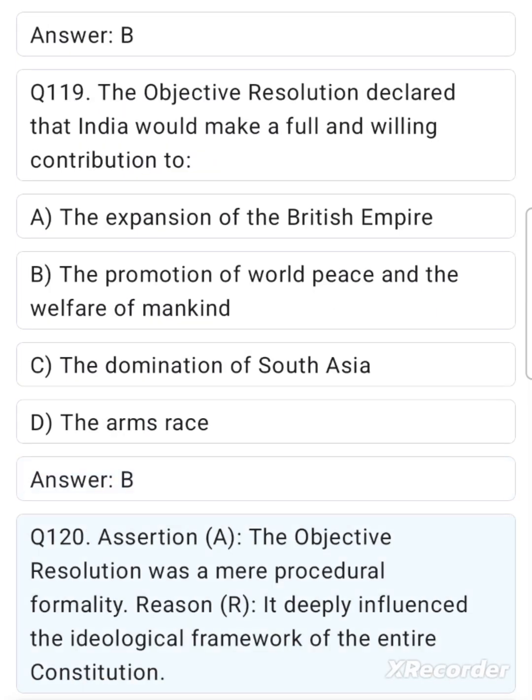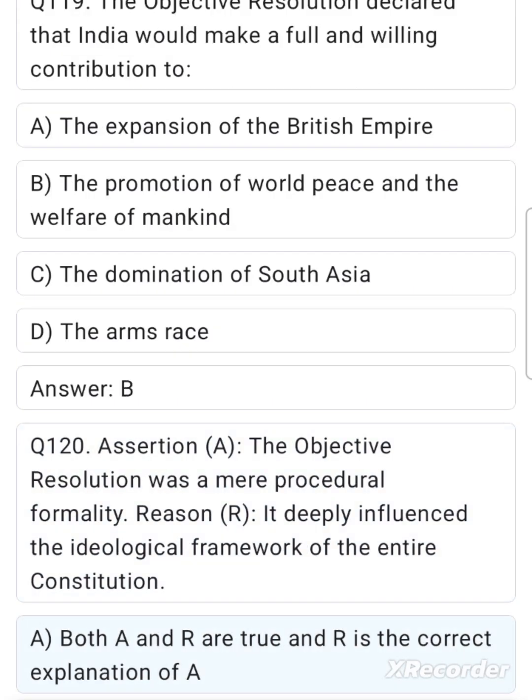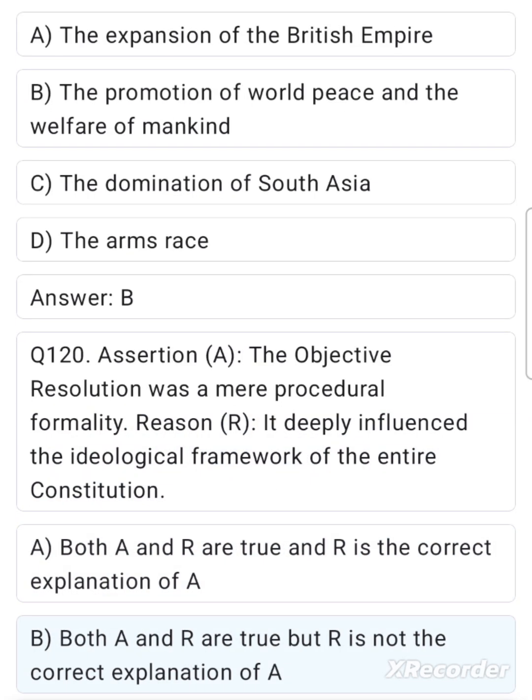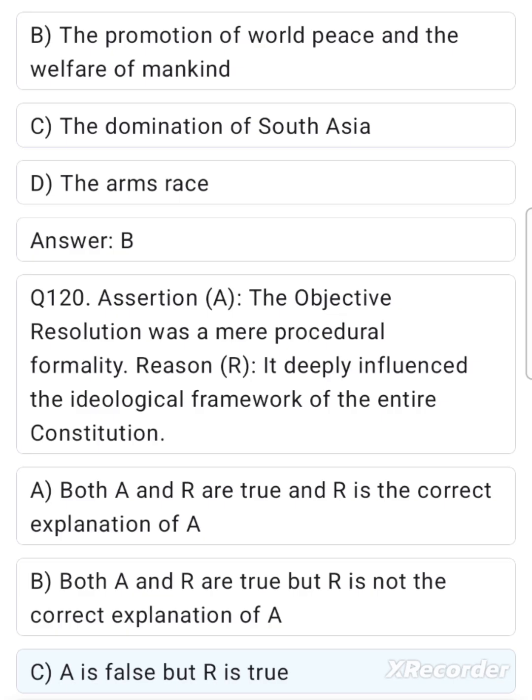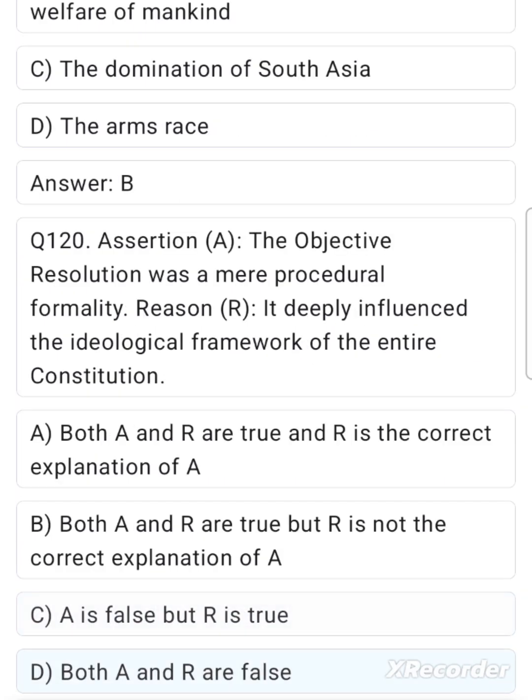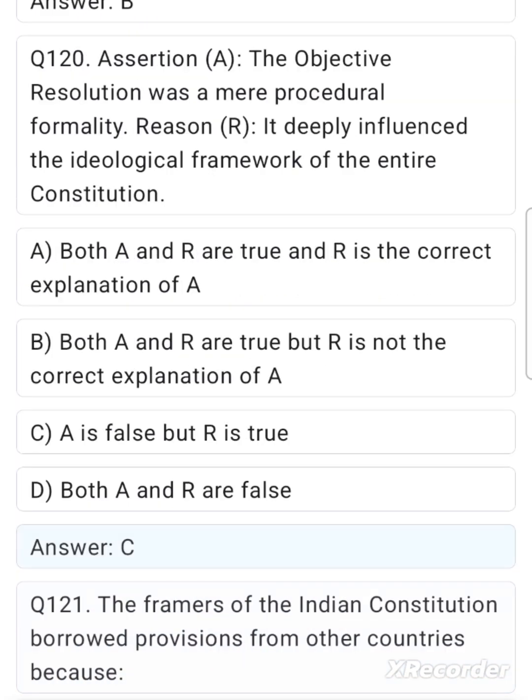The objective resolution was a mere procedural formality. Reason R: It deeply influenced the ideological framework of the entire Constitution. A. Both A and R are true and R is the correct explanation of A. B. Both A and R are true but R is not the correct explanation of A. C. A is false but R is true. D. Both A and R are false. Answer: C. Q 121. The framers of the Indian Constitution borrowed provisions from other countries because